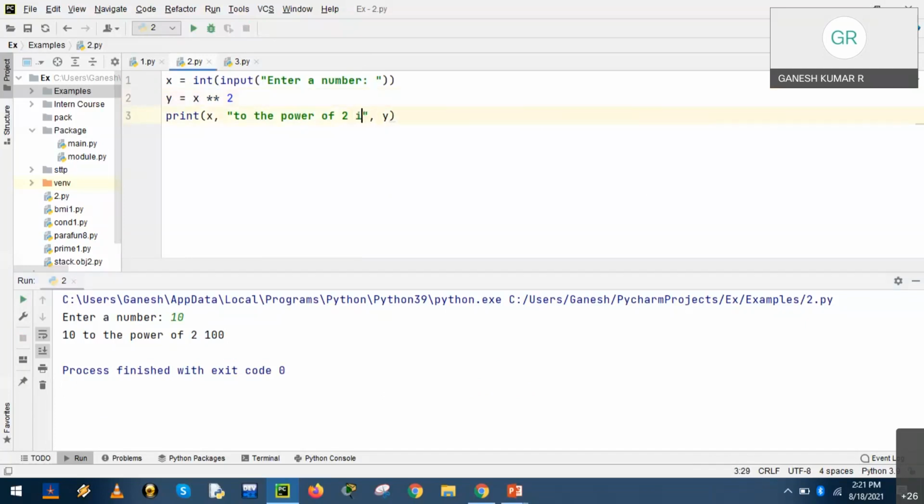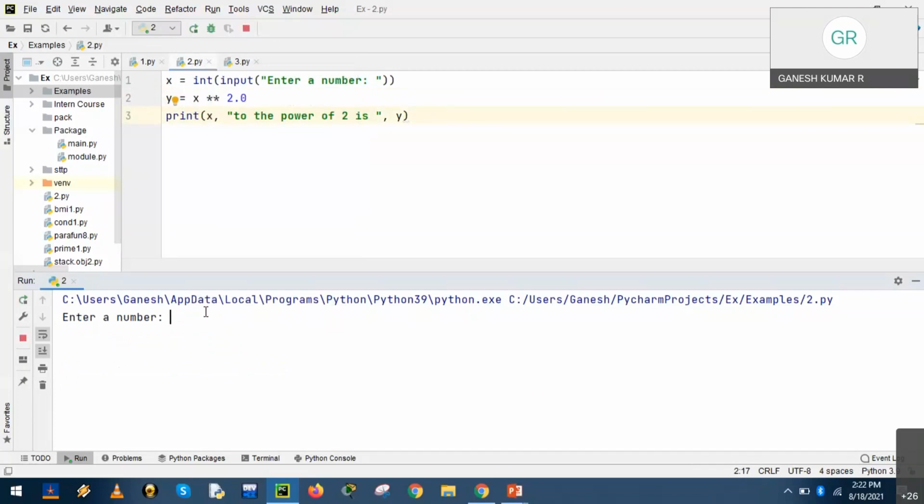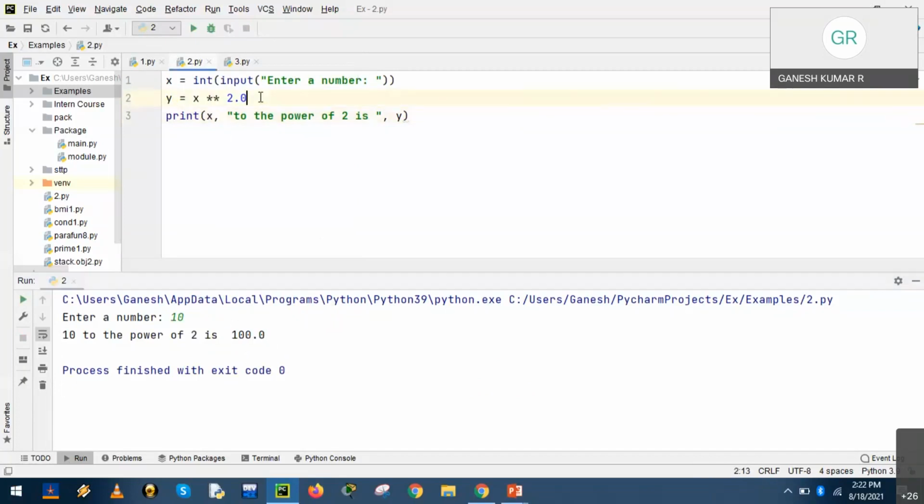Is 100. Right? So we can also make it a float. If it is float, then the output will again be a float. If any one of the inputs is float, the output results in float. So one solution is to use the integer function.